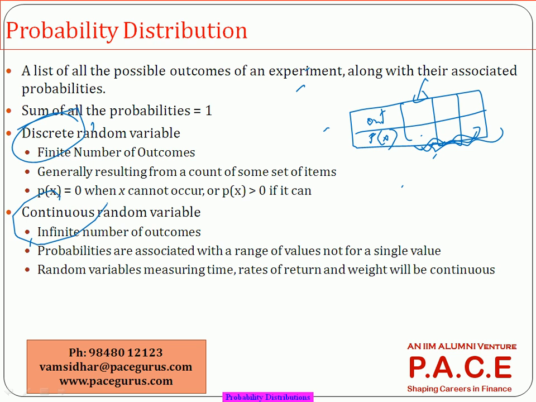Whereas if the number of outcomes is uncountable, like heights of a person, depending on the scale I am using for measurement, if it is in millimeters or micrometers, how many values are possible, I'm not sure. Even if we are using centimeters or millimeters, the number of outcomes may be countably large. Probably you can sit and count, but it's a very huge number. Whenever the number of outcomes is countably large, we call those kinds of variables continuous